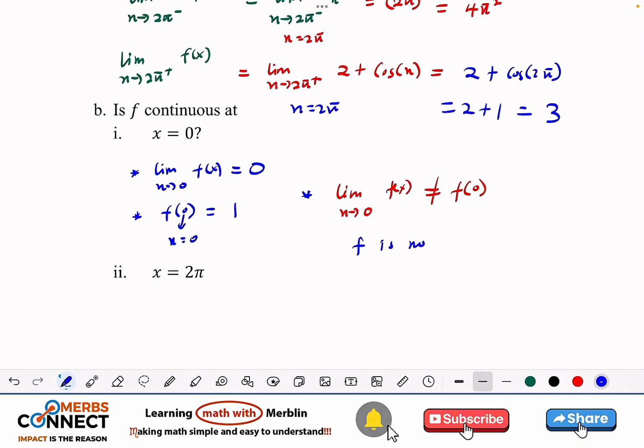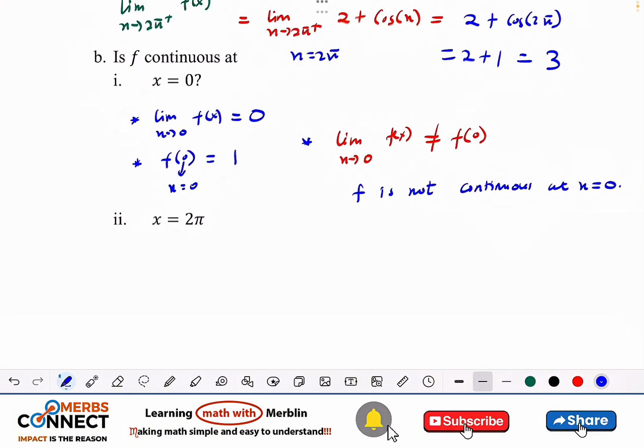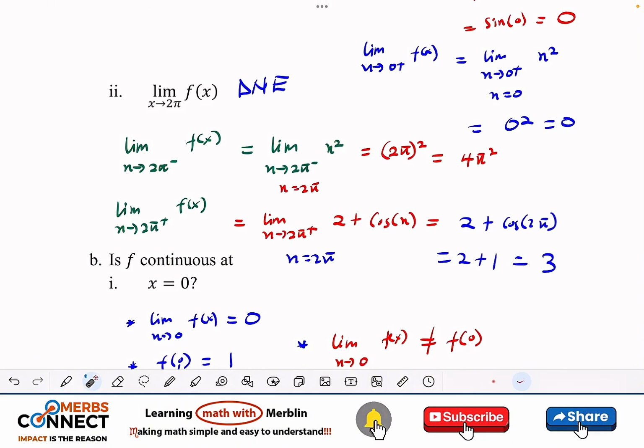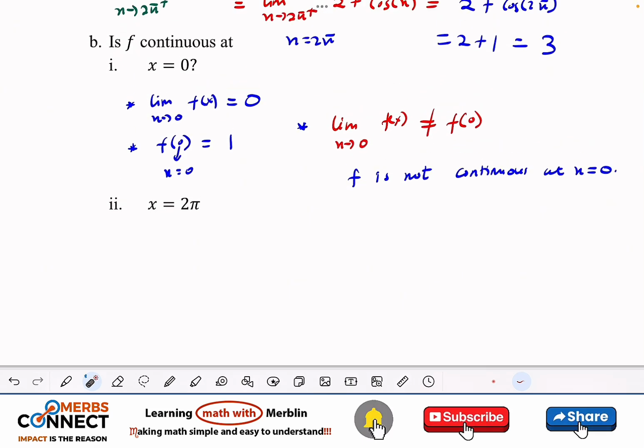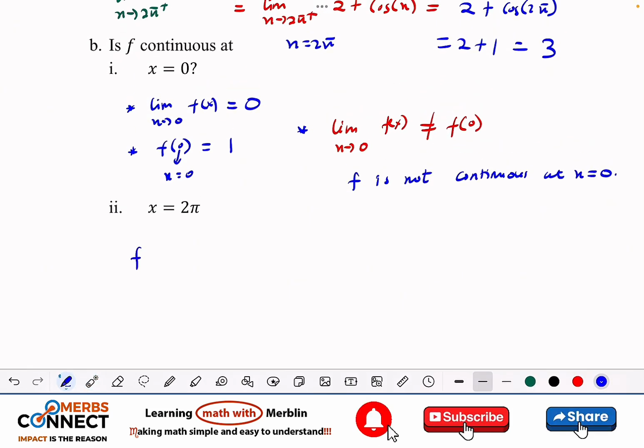F is not continuous at s is equal to 0. Then the last one, we can also see that even the function itself does not exist. So we can say that f is not continuous at s is equal to 2 pi, since the limit as x is approaching 2 pi of f of x